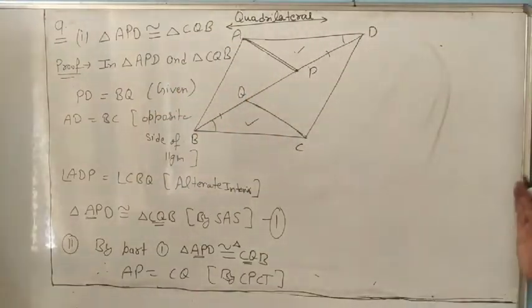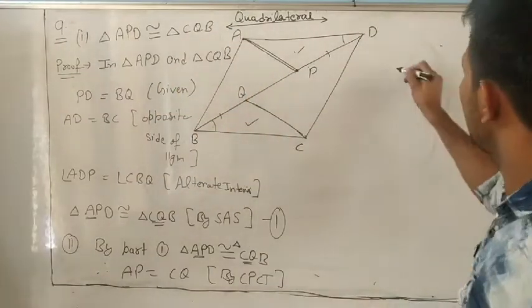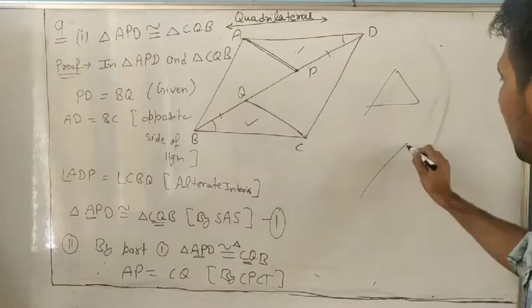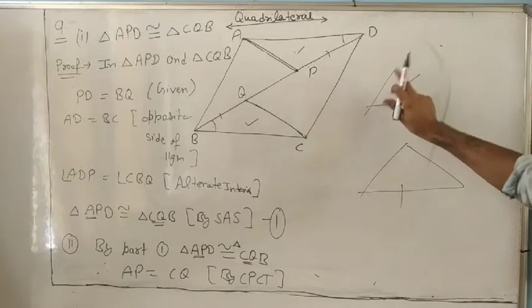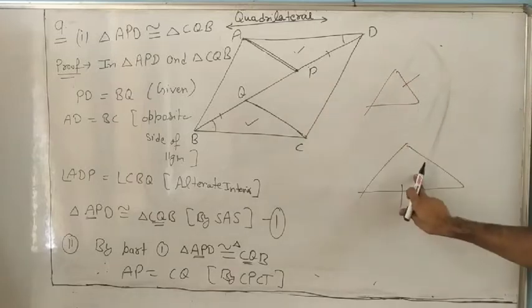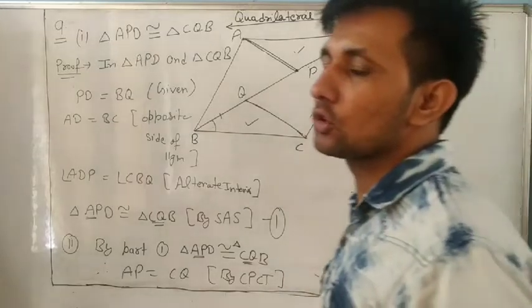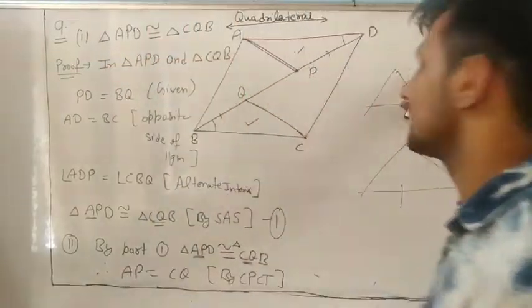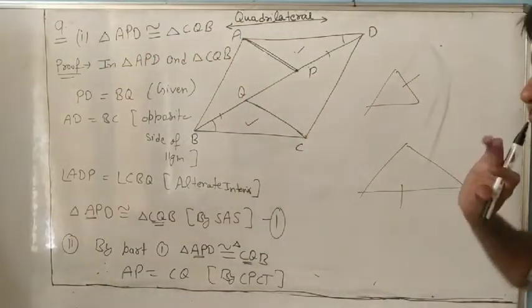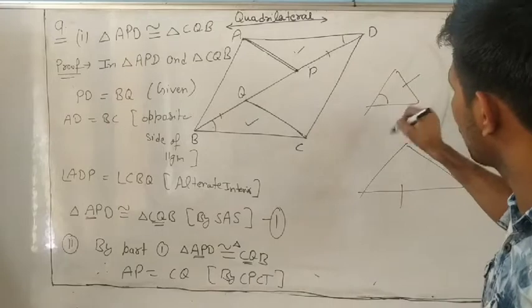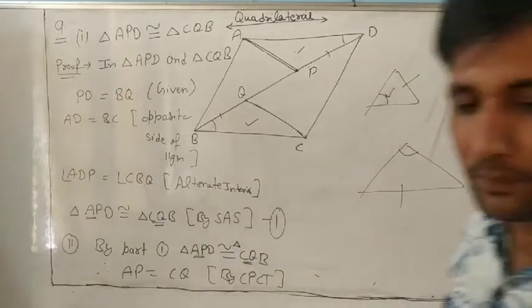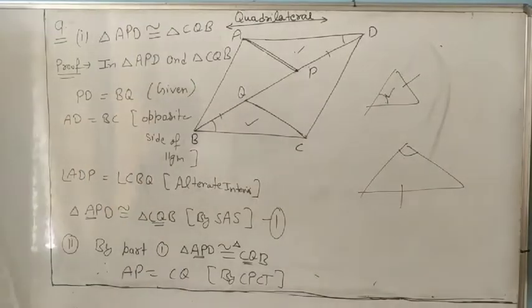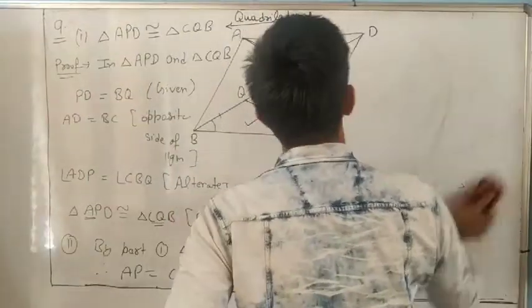So we always have to remember, if in any two triangles you want to prove that this side is equal to this one, we will prove these two triangles are congruent, because if triangles are congruent, corresponding parts are always equal, and then we will see that the sides are equal. If in any two triangles you want to prove that this angle is equal to this angle, how will you prove that? First we will prove that they are congruent, and then we will show that they are corresponding parts.